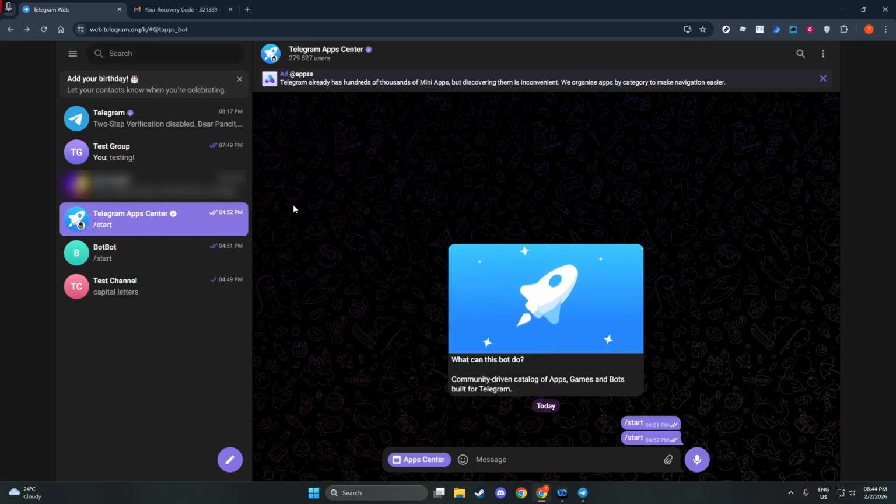That's all there is to it. Open Telegram and sign in, go to the menu and Settings, head into Privacy and Security, open Blocked Users, find the person, and click Unblock. If you don't see their name, it may mean you already unblocked them or you're checking the wrong account. With that done, you're ready to get